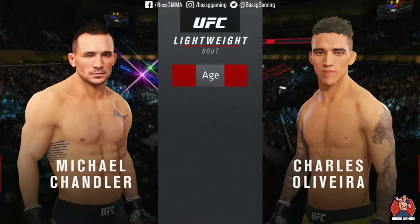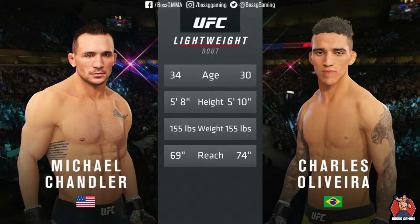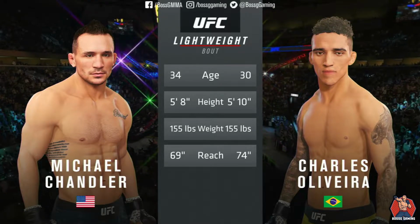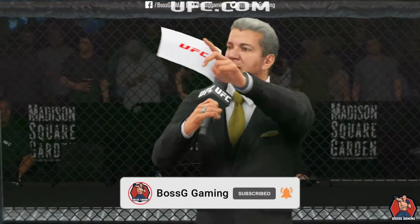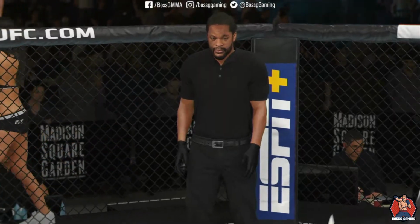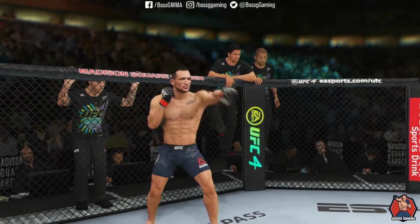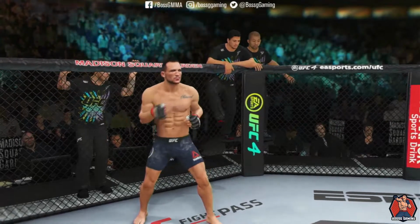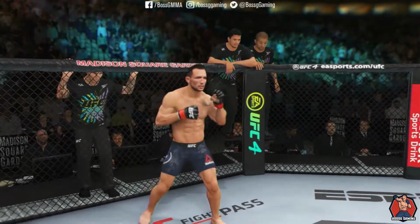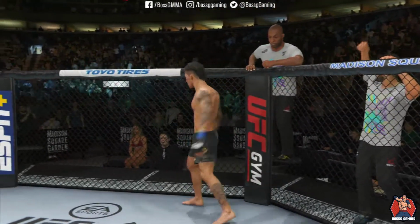The tape for this lightweight scrap. Four years apart, with similar height and some differences in reach. Now here's Bruce Buffer. Ladies and gentlemen, this is the main event of the evening. And when the action begins, our referee in charge, Herb Dean. And now, this is the moment you've all been waiting for. Live from the sold-out Madison Square Garden Arena in New York City,